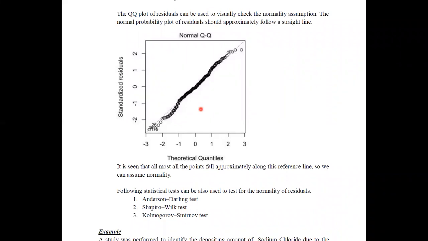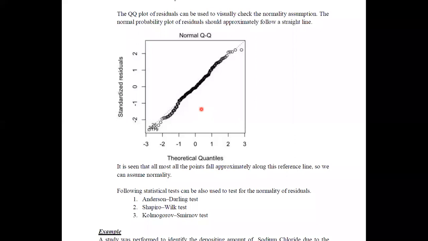You can use the ANOVA procedure or ANOVA technique to test for this hypothesis. Thereafter, you can identify how good the fitted model is using the R squared, or the coefficient of determination. Thereafter, you have to check the model assumptions. To check the model assumptions, you can use graphical methods as well as the appropriate statistical tests.